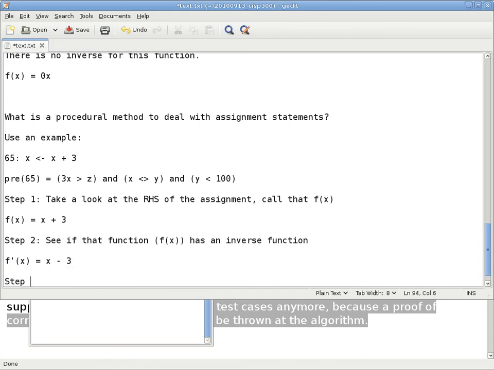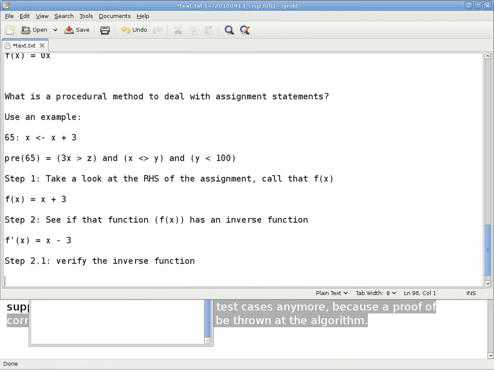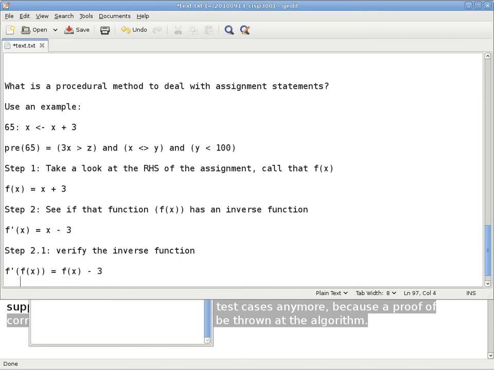And step 2.1, you can basically verify the inverse function. This step is actually fairly important, because some inverse functions seem to be correct, seem to be obvious, but they are actually incorrect. So it is always helpful to verify the inverse function just to make sure that it does reverse the operation. So in this case, we have f prime applied to f applied to x equals f of x minus 3. But what is f of x? F of x itself is x plus